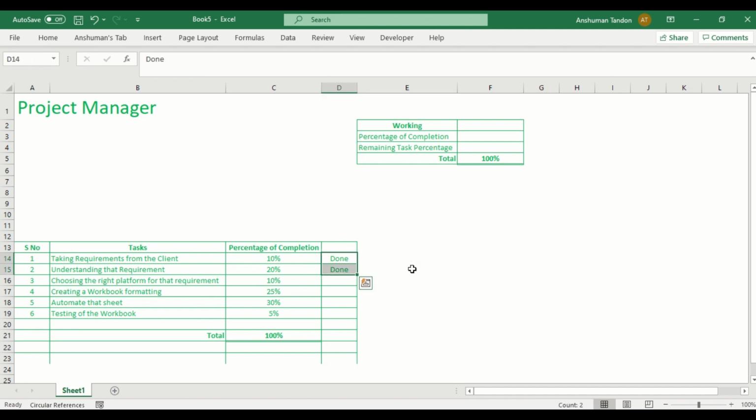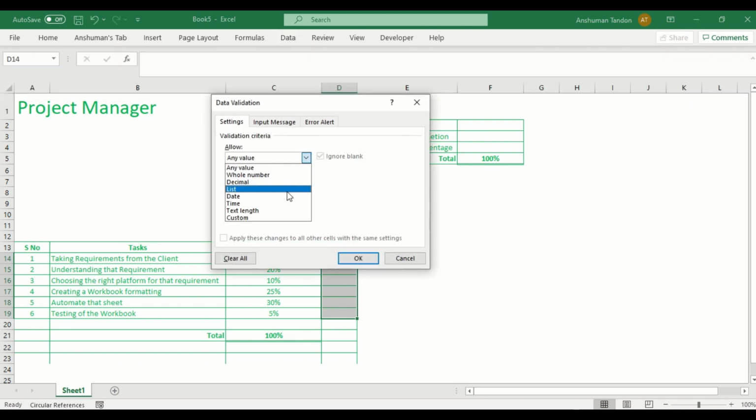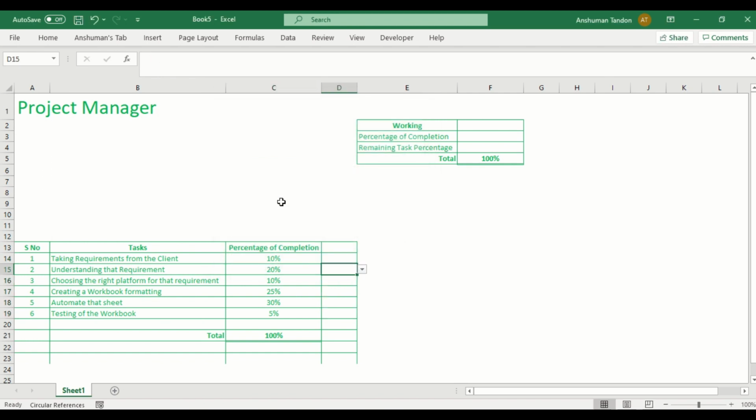So what we will do is, in order to make this a little bit automated, we can use the data validation option. We can go over here and put this list option over here. So the first thing that I want to put is done, and second, you can leave the blank or anything in it. I can put anything, like I can put remaining over here as well. So like, this all is coming into my mind when I am doing this.